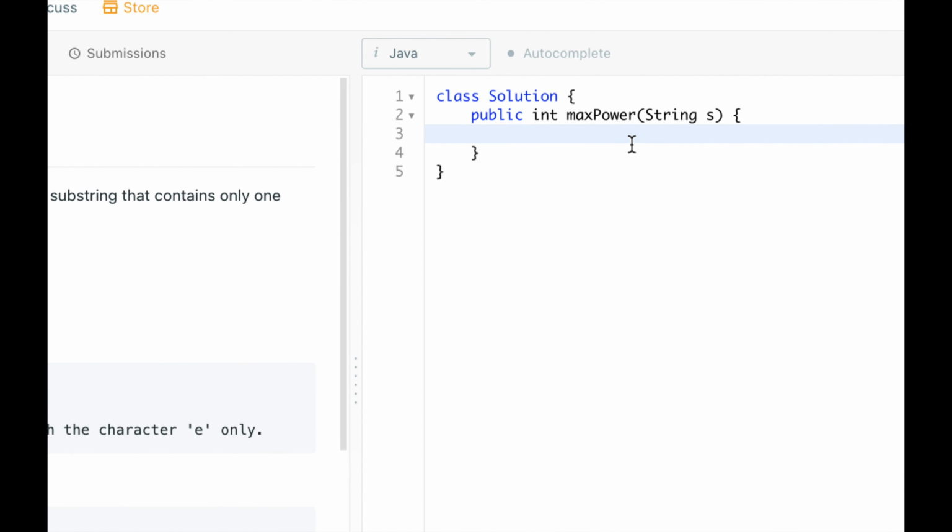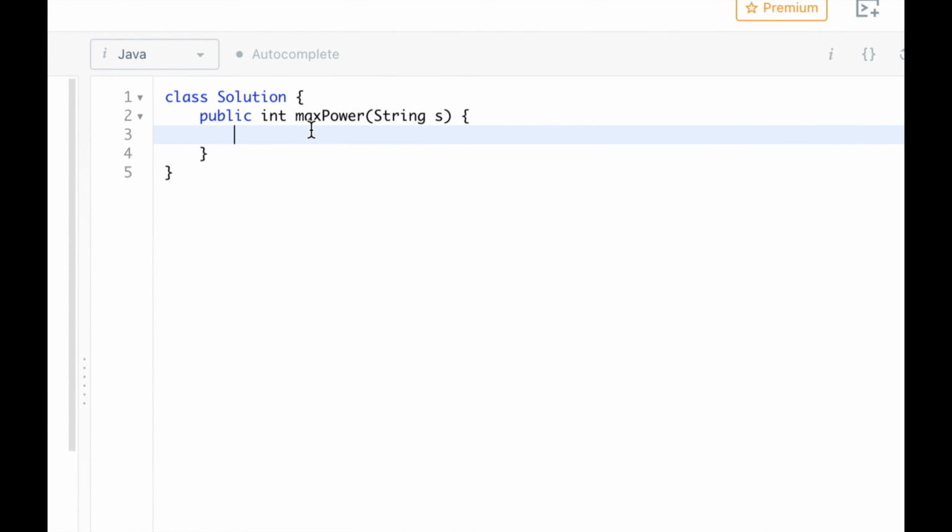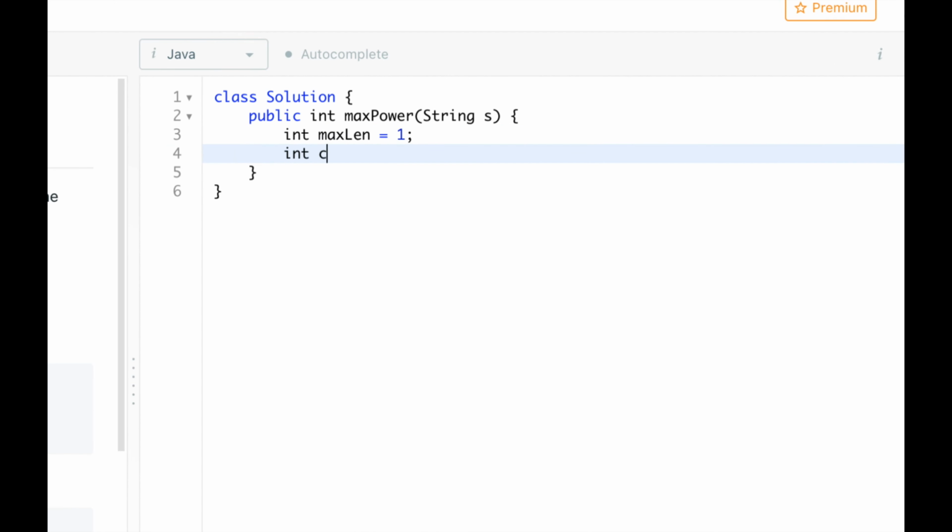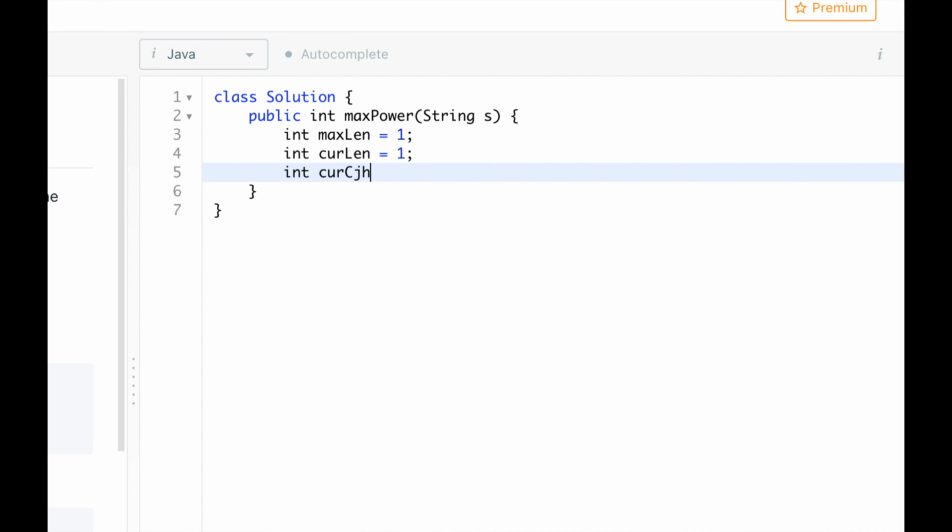So what we'll do here, we basically have a for loop. Int maxLength equals 1, int curLength equals 1, int curChar, meaning our current char or local char, whatever you want to say, will be s.charAt(0), right?